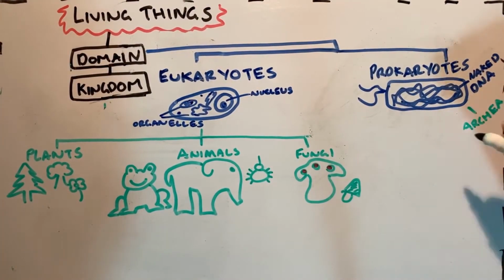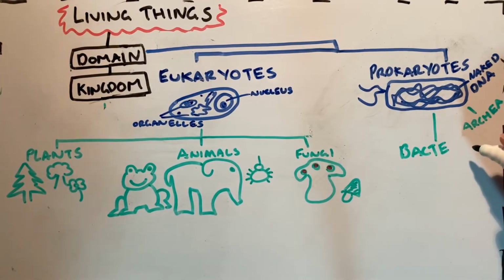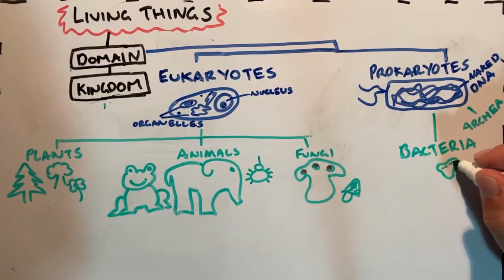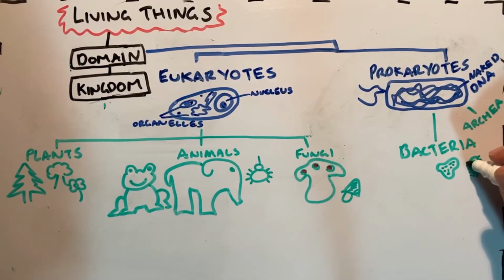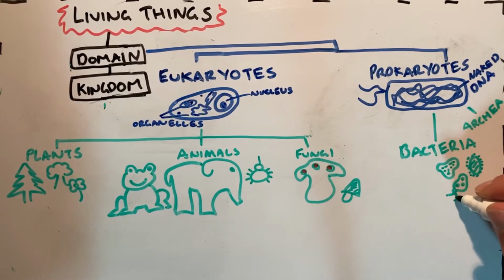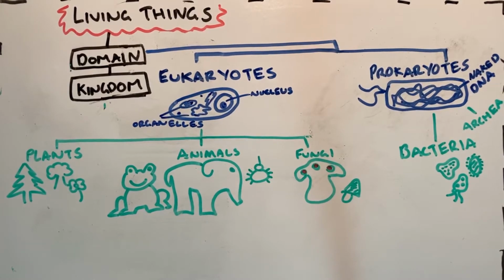And the same happens again with the prokaryote domain. Within it, we have the bacteria kingdom. And then sometimes we also include another one called archaea. Sometimes archaea is its own domain. Again, it's a little bit fuzzy. But to keep things simple, let's look at these four kingdoms. Within the eukaryote domain, we have the plant, animal, and fungi kingdoms. And then within the prokaryote domain, let's look at the bacteria kingdom.